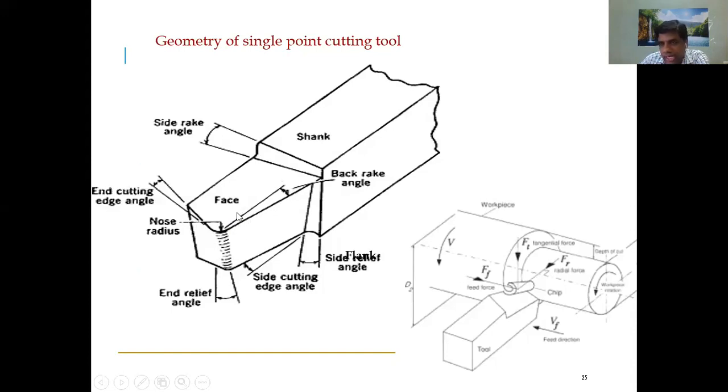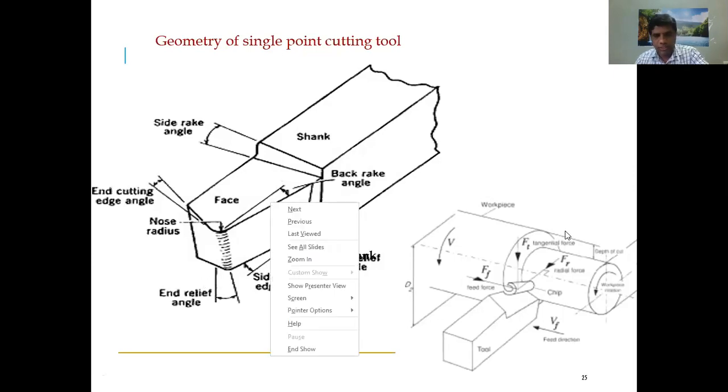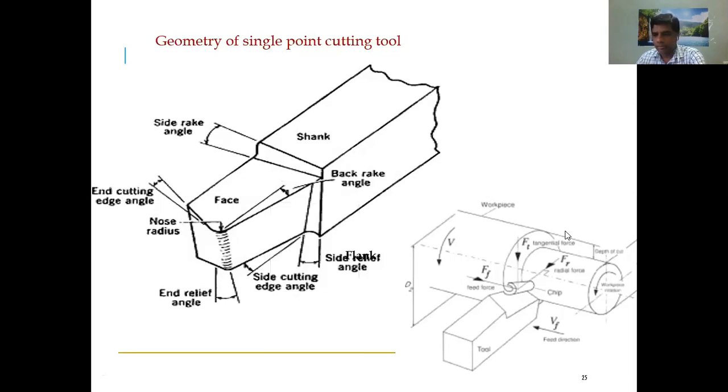So this edge is called a cutting edge, nothing but the primary cutting edge. I told you, primary cutting edge or maybe principal cutting edge. So this is called the principal cutting edge, right? In this diagram at the bottom side, I hope this diagram is visible for everybody, because the drag is a little lighter. Just focus here.